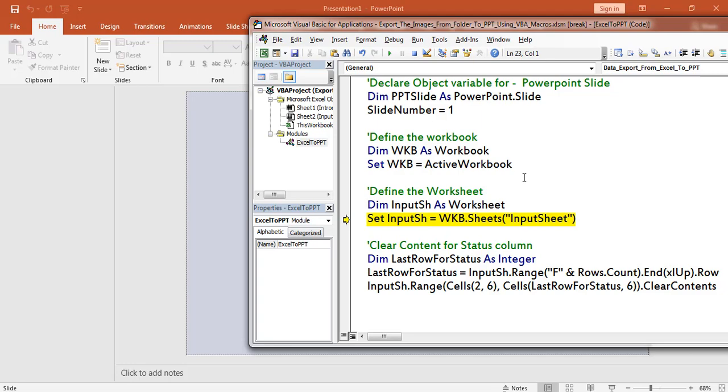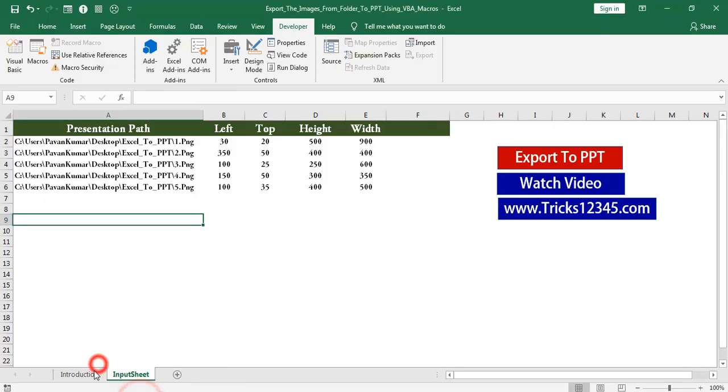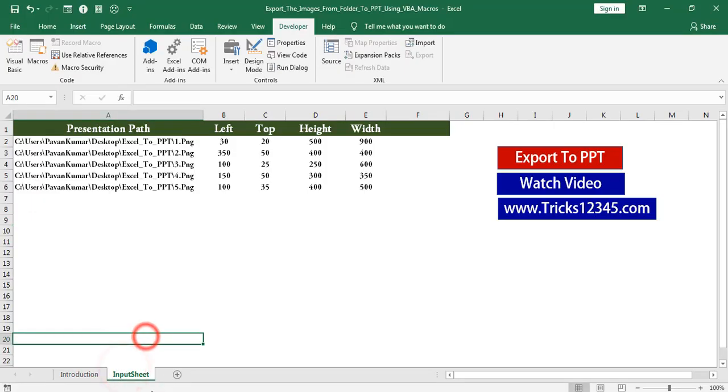After that, in that workbook I am defining the input sheet. For that I declared a variable which is named as input sh, and the object data type is worksheet. Set input sh is equal to workbook dot sheets of input sheet. Here the sheet name is input sheet.